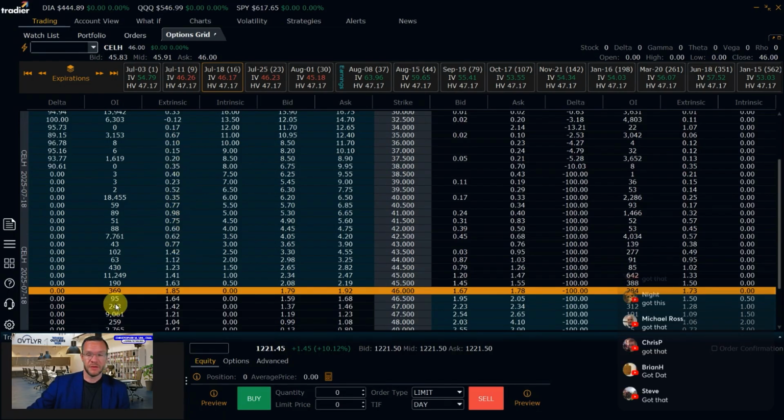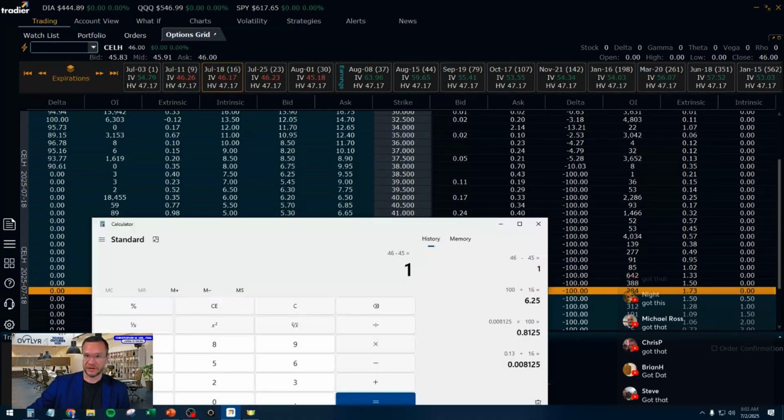I don't stress on it, because in my trading plan, I'm trying to find where the extrinsic value is roughly 20% or less, give or take. My absolute max is 30%, but if I can hit 20, that's the sweet spot that I'm looking for. Extrinsic value would be 20% or so of the ask price. So 35 cents on 650. So the one Georgia was talking about earlier, the 40 strike here, 35 cents on 650